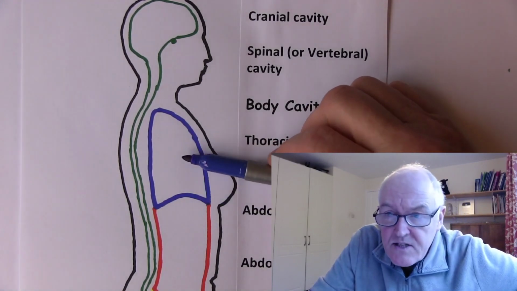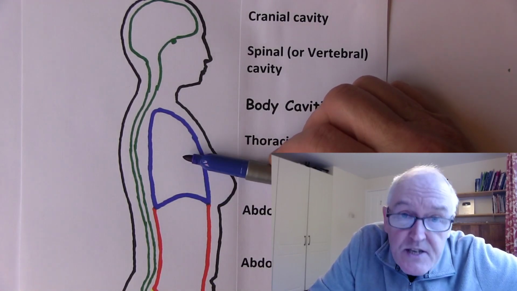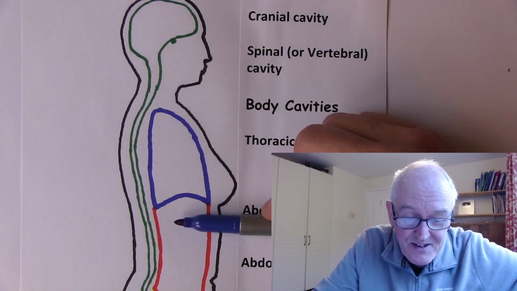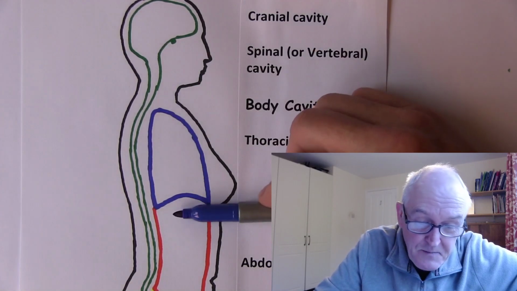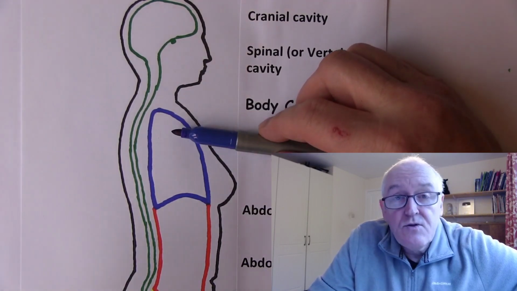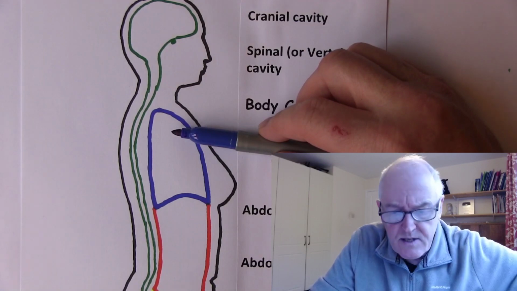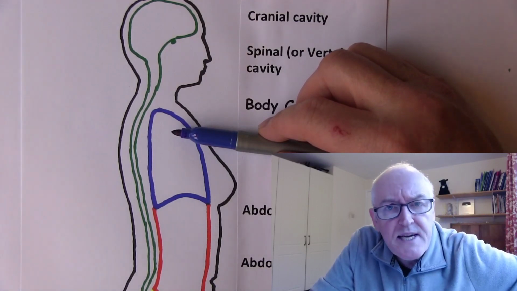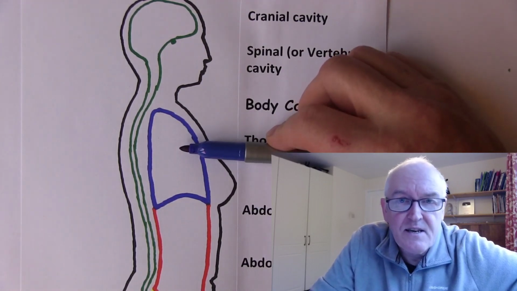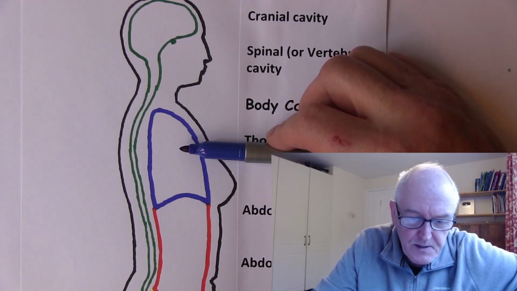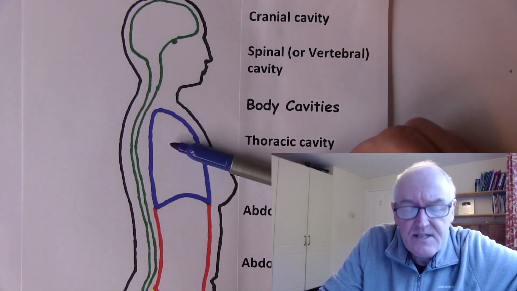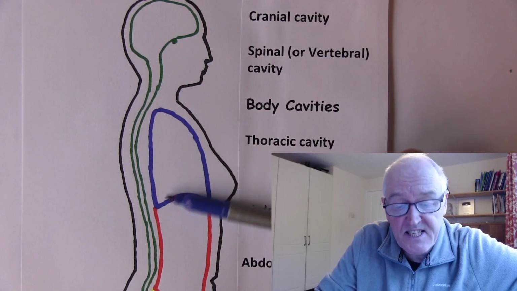So we've got the heart and the lungs there, the major vessels, and also the esophagus, the food pipe, because you swallow food up there, but it's actually used down there in your stomach, so it has to go through the thoracic cavity. So the esophagus, and also the trachea is in the thoracic cavity, which is taking air to the right and left main bronchus to go into the right and left lung. And there's also a rather interesting gland in the thoracic cavity called the thymus gland, which has fascinating immunological functions. So they're within the thoracic cavity, which we've drawn here in blue. So that's the thorax or the thoracic cavity. Comes from the Greek word for chest.